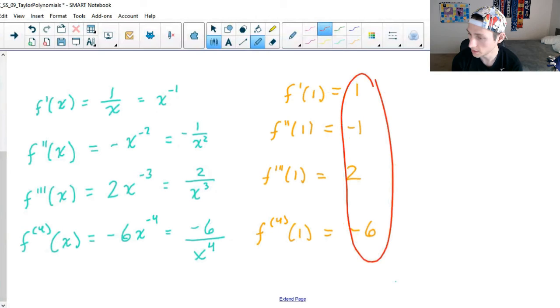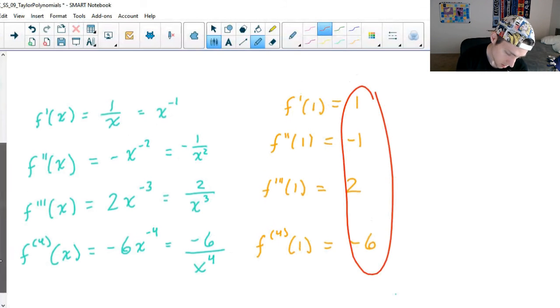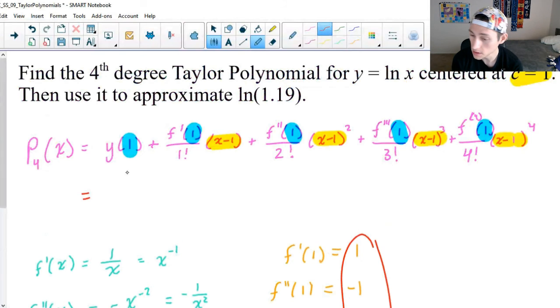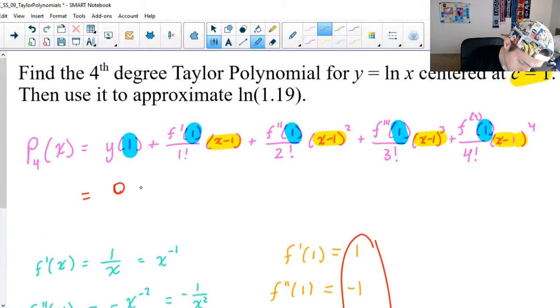Now we can take these values and plug them in where they need to go in our original polynomial that we wrote. Okay. So y of 1, my first term, natural log of 1 is 0. That's awesome. Okay, plus 1 over 1 factorial times x minus 1, plus negative 1 over 2 factorial times x minus 1 squared, plus